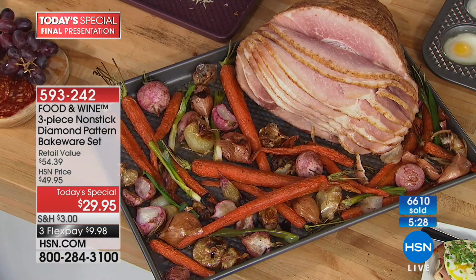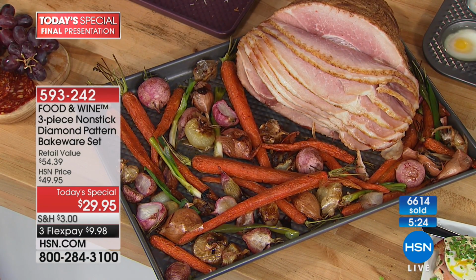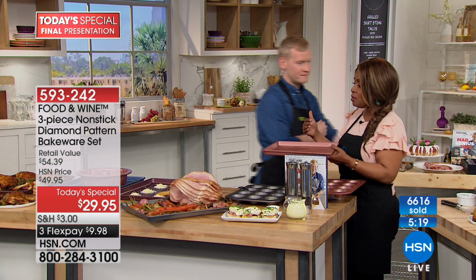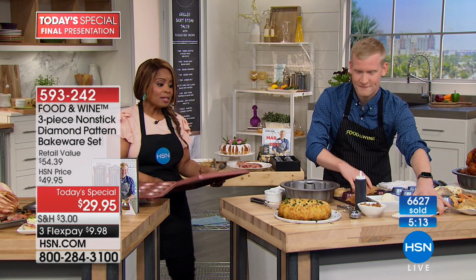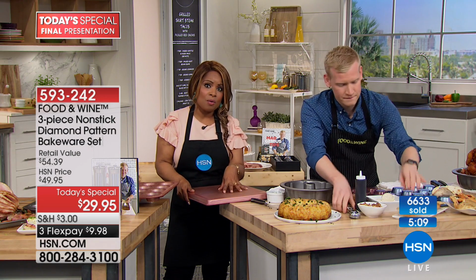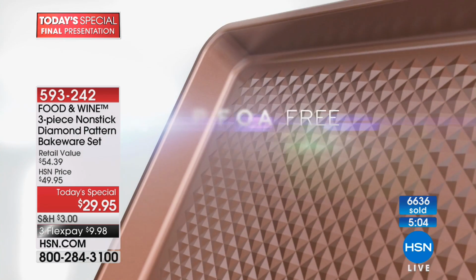And we put it right onto our oversized baking sheet, which is not so oversized it's not going to fit in your oven. It's just an inch larger. It's just an inch larger. But because of the quality, and this is something that you wanted me to understand, Justin, because Justin is the culinary director, and this is what they do. I mean, they're testing these products. They are testing the very finest of brand names, and they are creating their own. And that's why this is something that every kitchen, it doesn't matter what you are